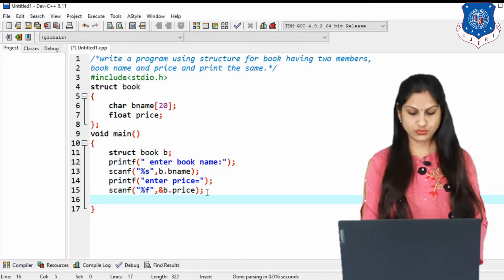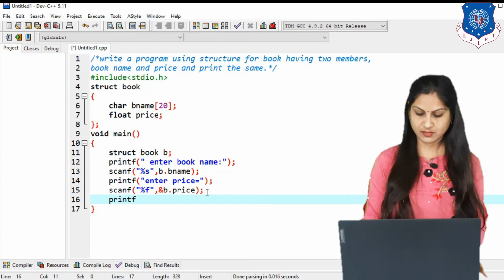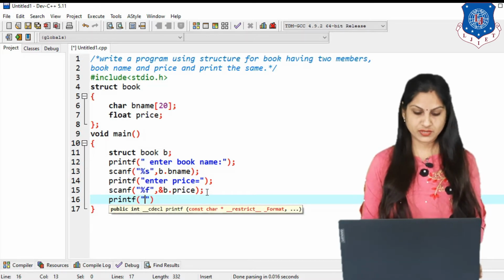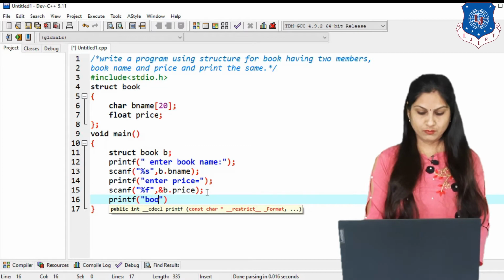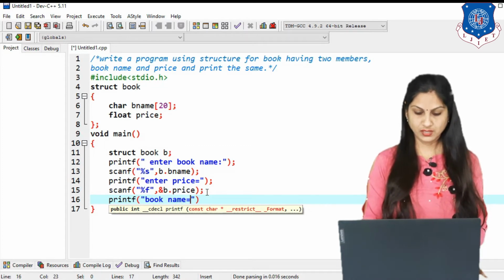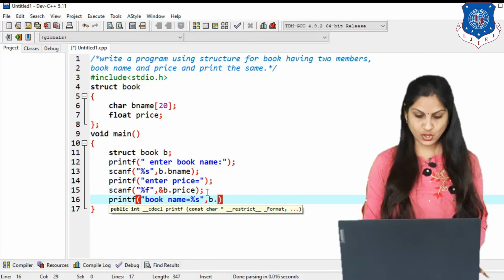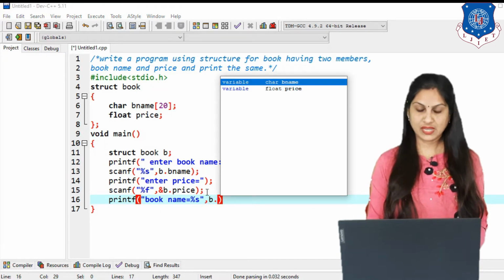So here we use the printf statement to print the same data, and inside printf we write book name equal %s, and then comma, b dot, and which member do you want to access?